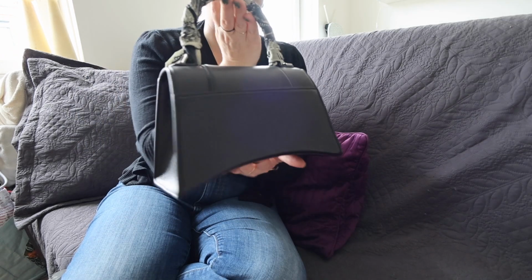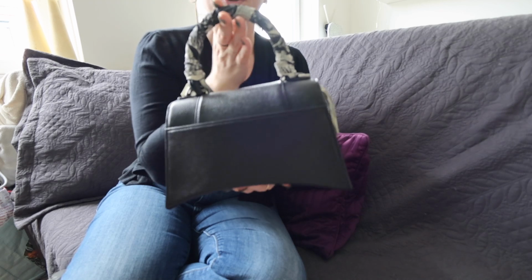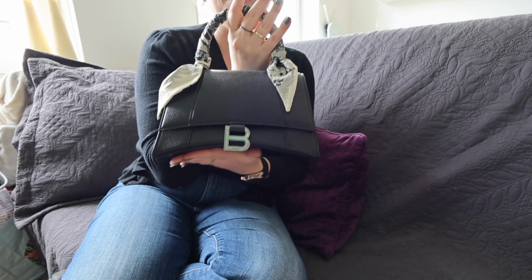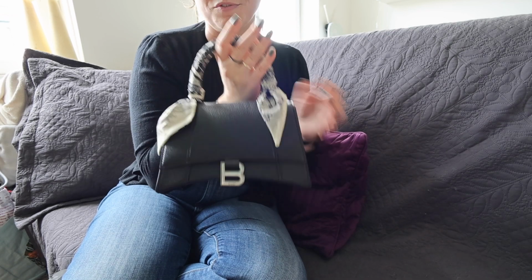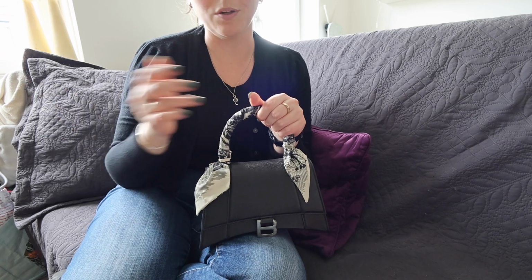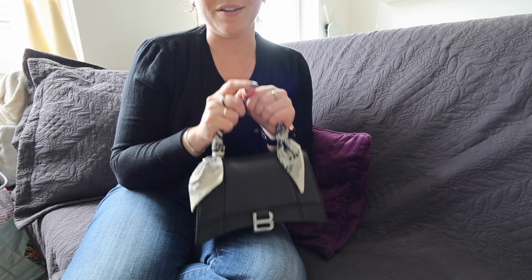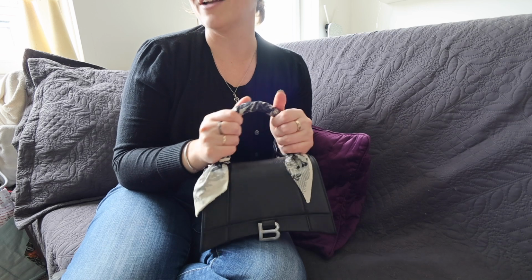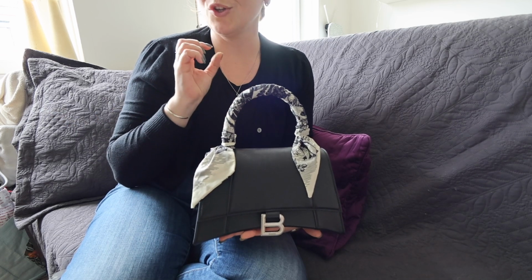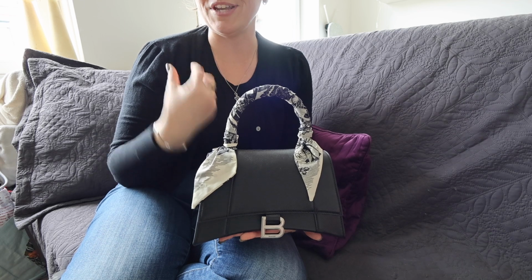And the Hourglass bag is again one of those bags that has a bit of an odd, unconventional shape because of the base that has some curving to it, but it's something that you see in so many of my bags, also in the Loewe hammock, for example. That's also an unconventionally shaped bag. So I really like these sorts of bags because it gives you something to look at and be intrigued by,